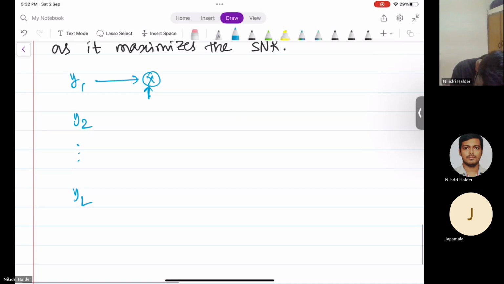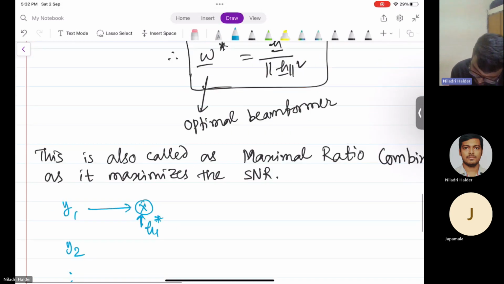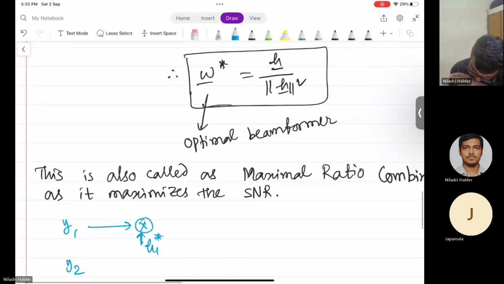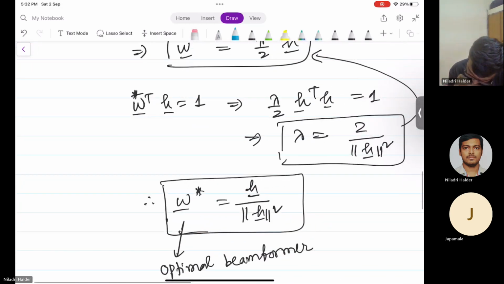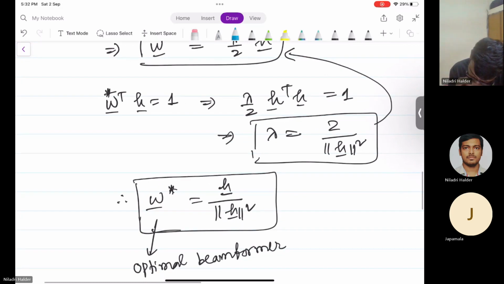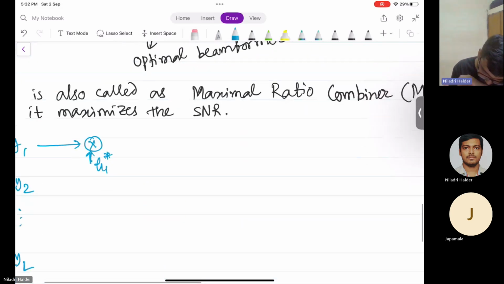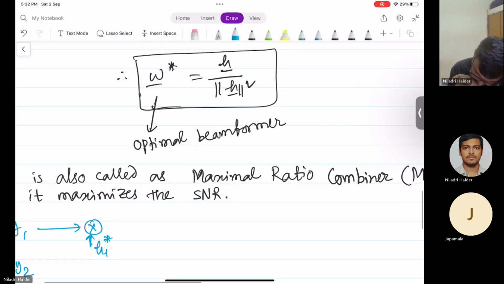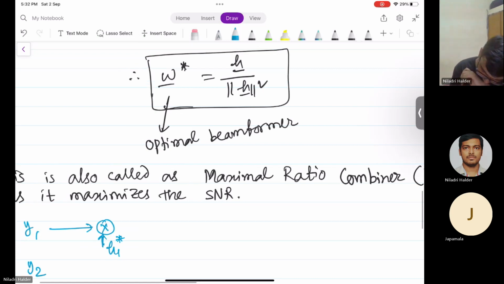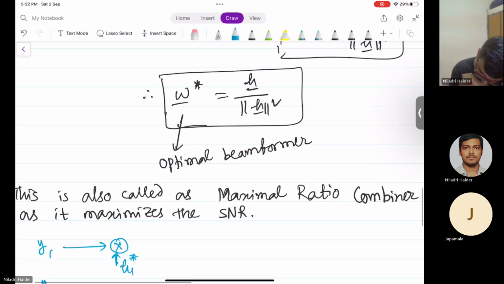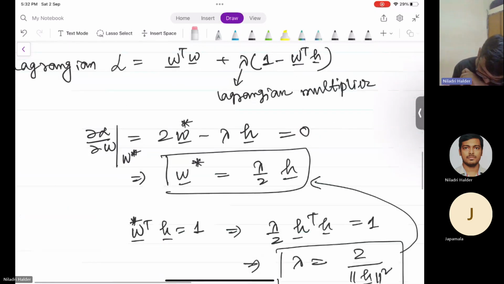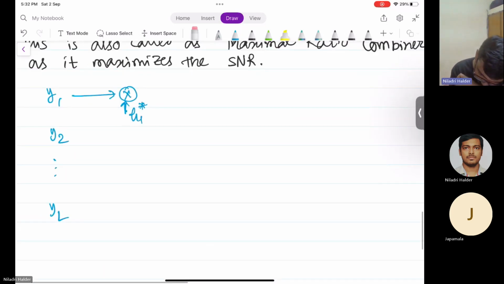with h1. Okay, h1 conjugate. I'm sorry, not h1, h1 by mod h1. Correct. So we are multiplying it with